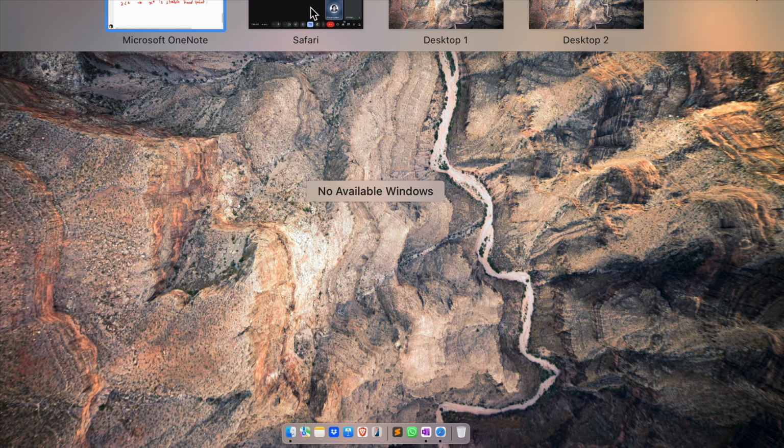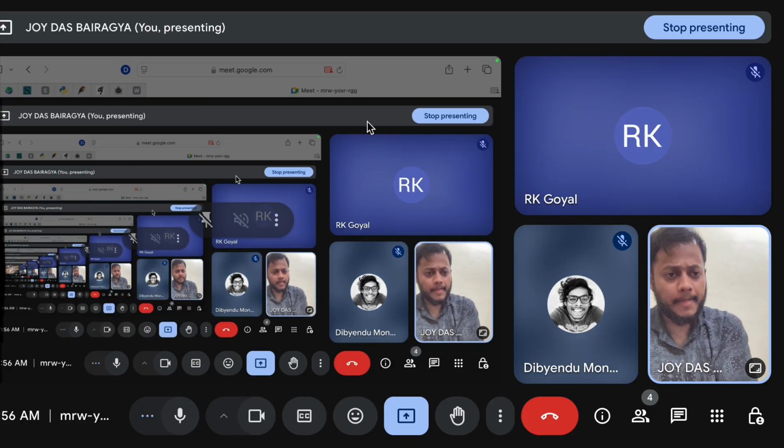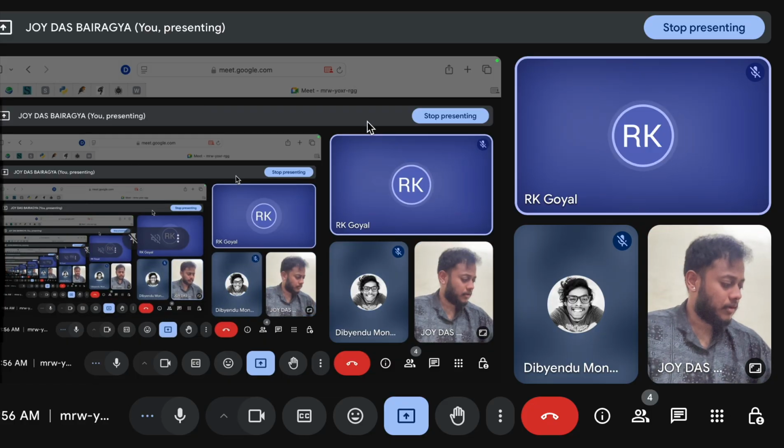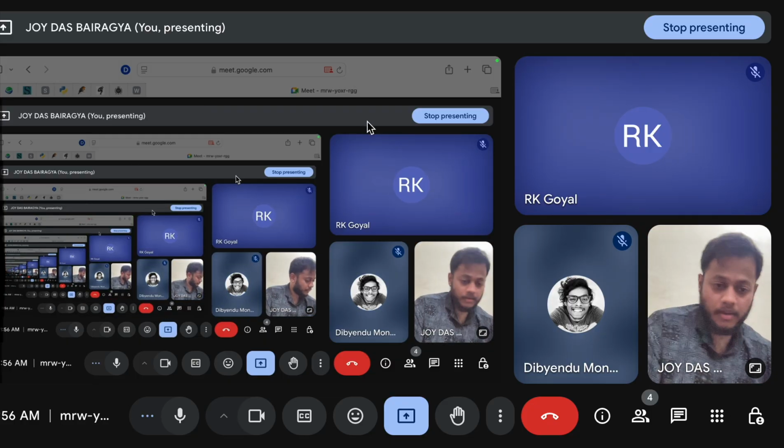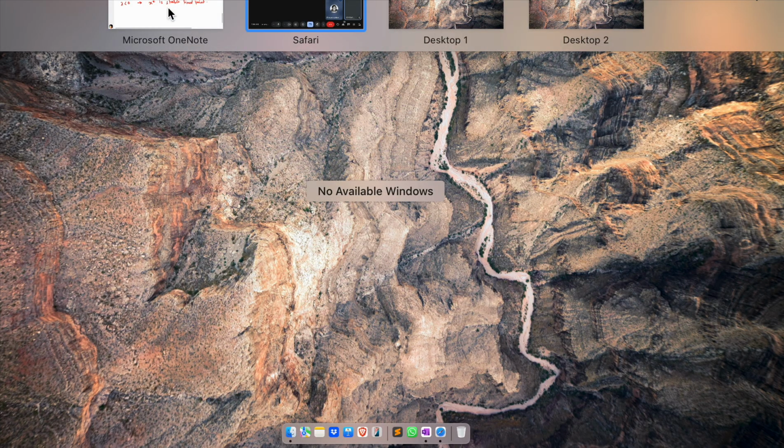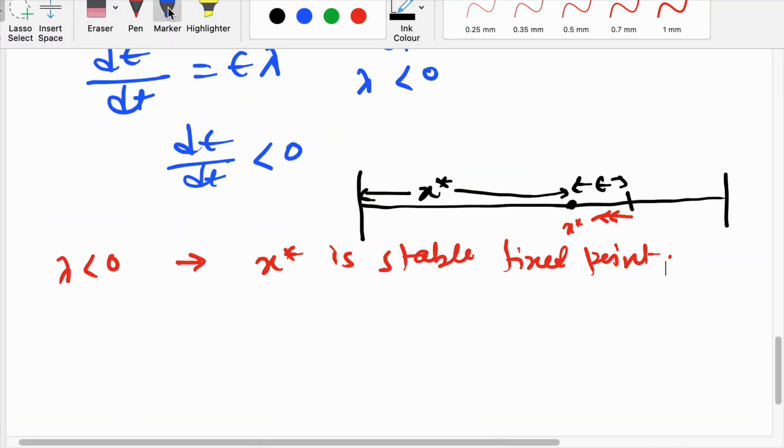Is it clear? Yes. Okay, then as you are asking how we can get the orbit, let me do that